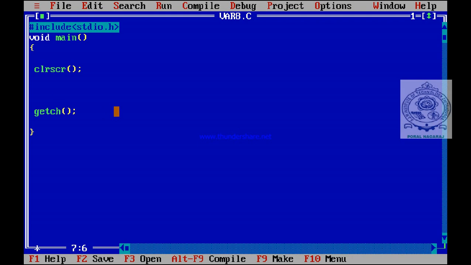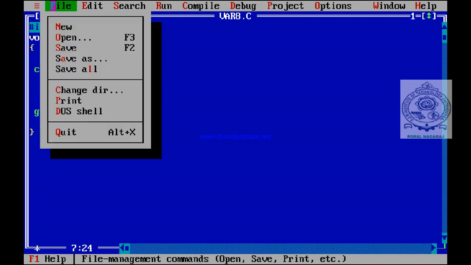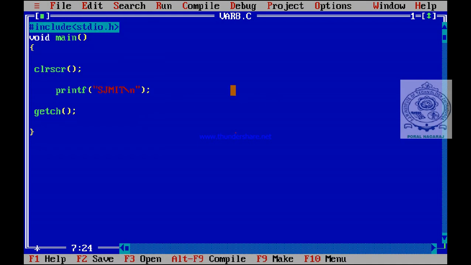Just I am going to use one printf statement, printf sjmit. So how many times will this display sjmit, you can observe. I have used only one printf statement, so it will print sjmit only once.